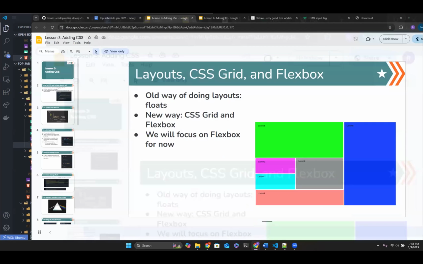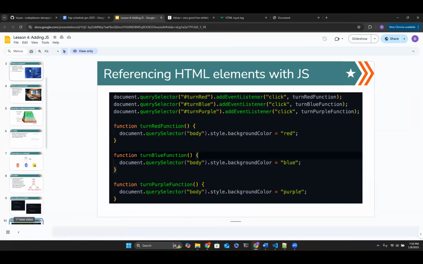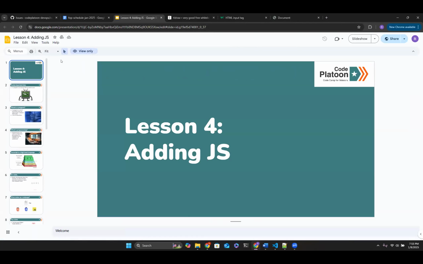All right. Then let's go ahead and close the chapter on CSS and let's talk about JavaScript. Adding JavaScript to the HTML and CSS that we have been working on. By the end of the JavaScript class, you should have a very basic web page, which is going to be pretty cool to see it work.